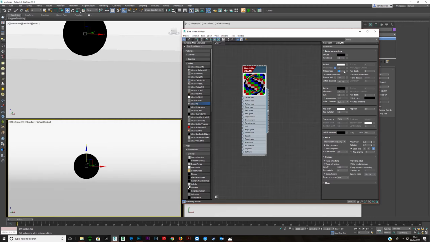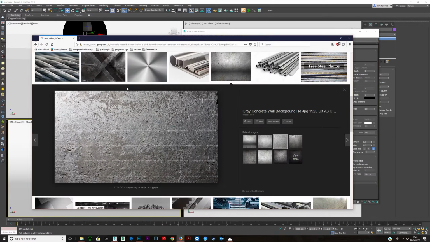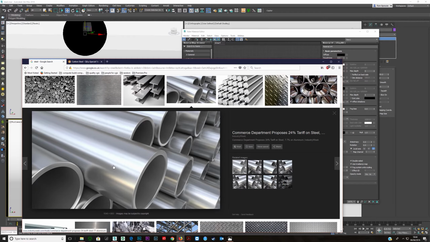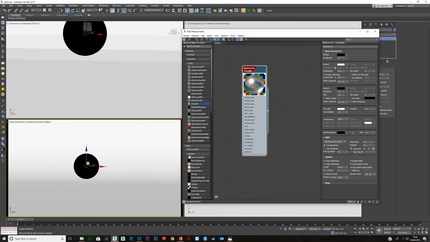And I'm going to bring the glossiness down. This just blurs the reflections here. So as I bring that down, you get that. And if you look here, here's a steel which we're replicating with this one. So that's about right. You can see these are stretched. See how that's stretched? That's not a perfect circle there, that's stretched around. So what we're going to do is put in anisotropy, let's try 0.3. And then we can just rotate this. We'll try about 75. And if we do a render,